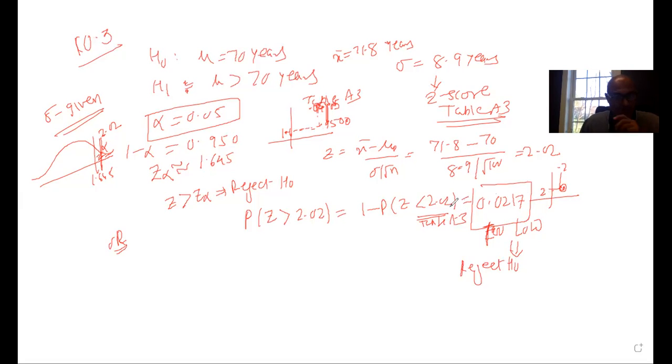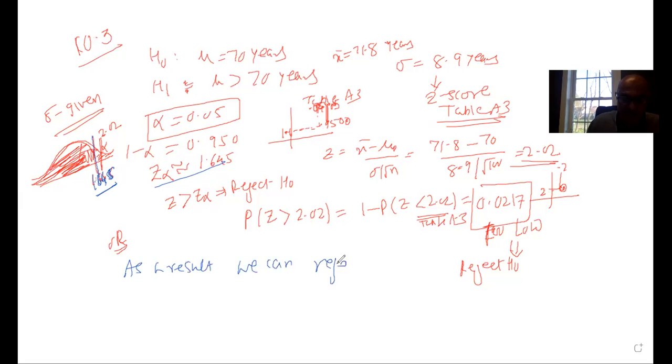If you are looking at it based on the z value, then the z value must lie somewhere from here to here. In that case, you are not supposed to reject H0. But if the z value is crossing this line, this z alpha, 1.645, in that case, you have to reject H0. So as a result, we can reject